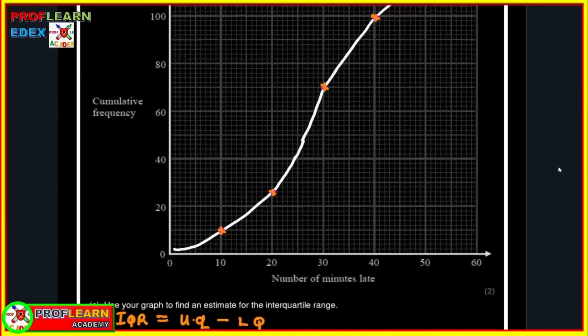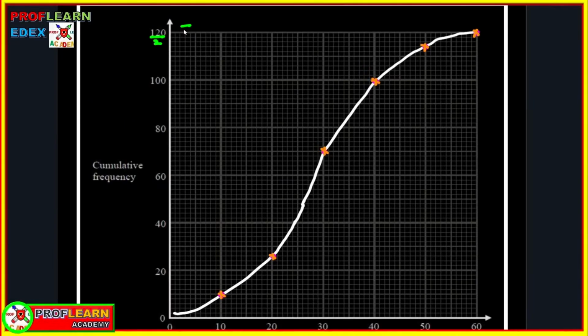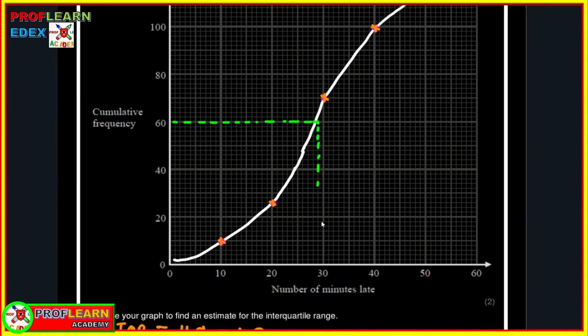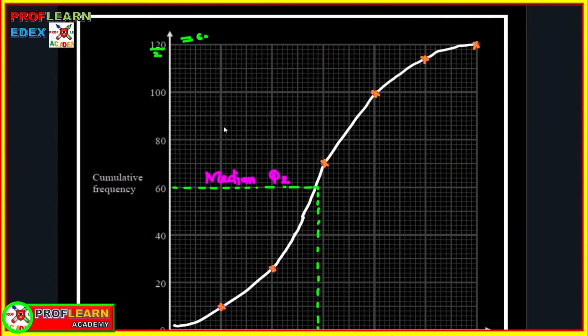And to get the upper quartile, you're going to go to 120, and then if you divide by 2, you get a straight line like that, and this is going to give us the median down here. This is the median. Median is 20 something. It is going to be 120 times 3/4 of